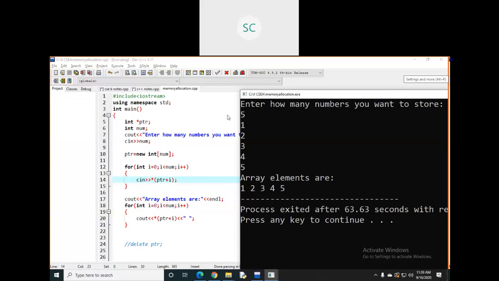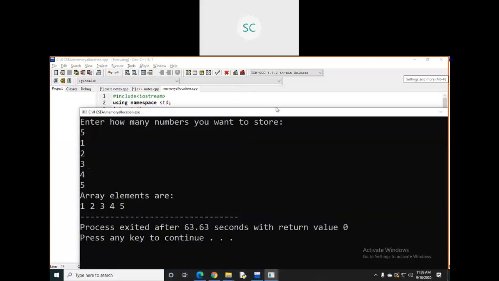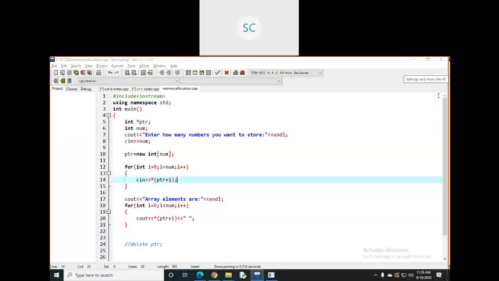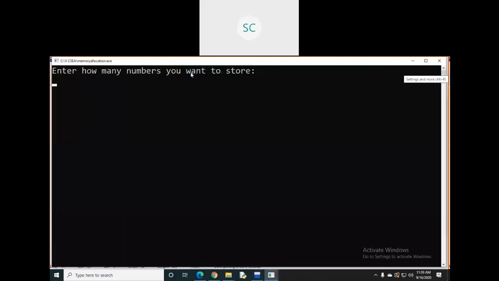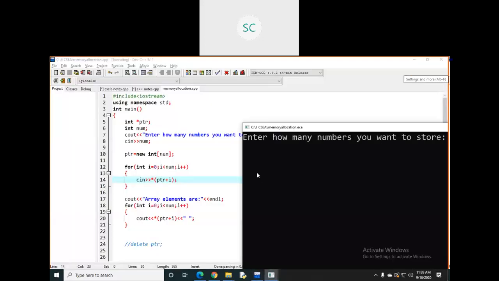See, whatever size you have entered here, that size is going to be taken as a dynamic value. Means at the time of running your code, suppose I run this code and I enter 10. In this case you are going to allocate 10 into 4, which means 40 bytes of memory, dynamically.